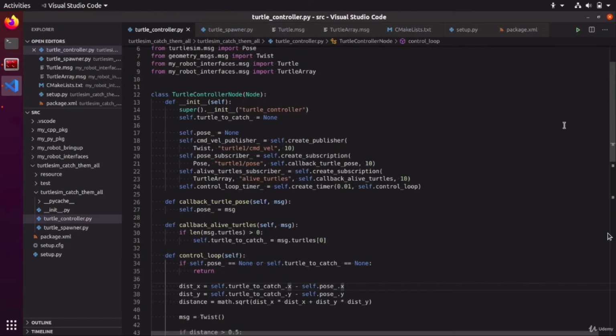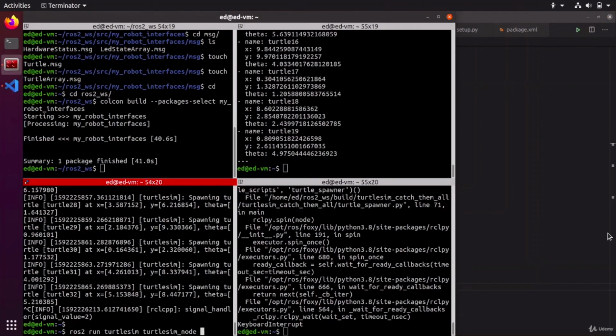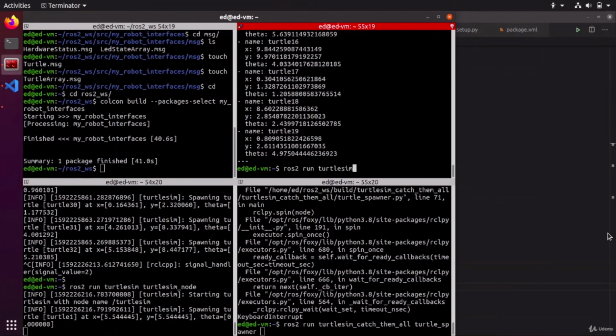So let's launch that. Okay, let's start everything again. The turtlesim node here, the turtle spawner, and here we will ros2 run turtlesim_catch_them_all with the